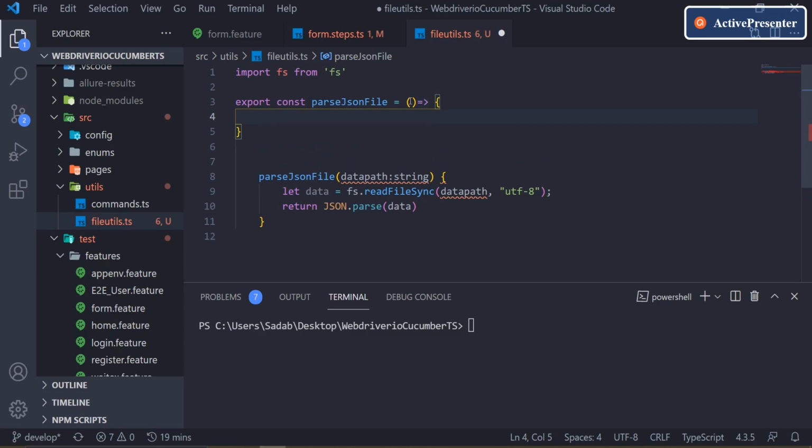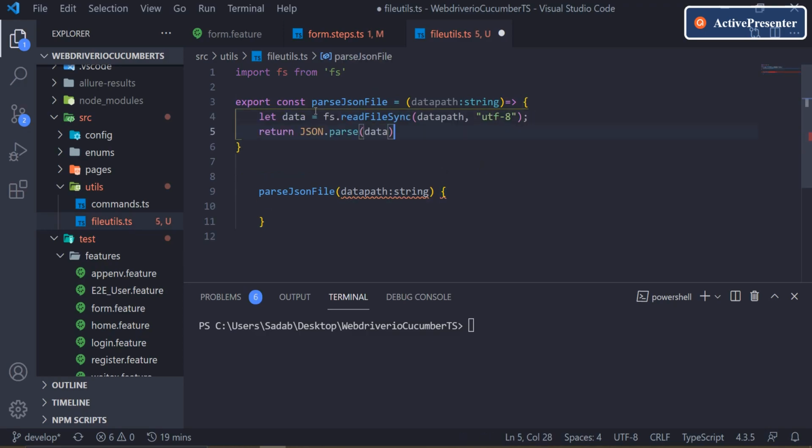And if this function expects an input parameter, then give that. So I'll copy this from here and paste it here, and this code will now go inside this. Now we don't need to write this one. So now we don't need to have a class to create utilities. That's what I prefer. You can create a class and a function, or you can create it this way as well. Both ways are fine, whatever you prefer, but I'll go with this one.